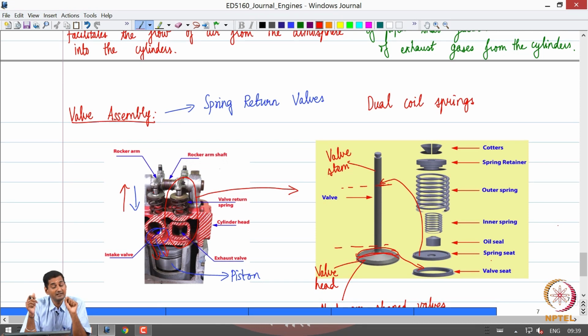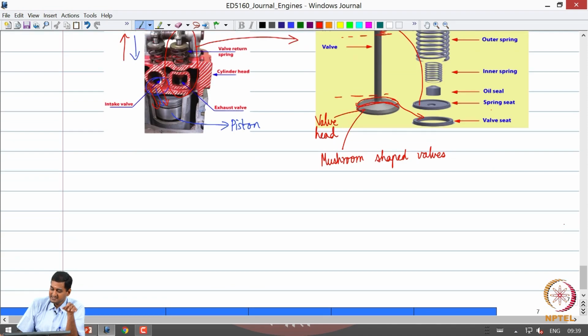Second point is that if you hold the coil spring between my two palms and press it, the displacement will not exactly be along this axis all the time. The spring may move a little bit on the surface. We do not want that, the offset vibrations or the lateral vibrations. So, in order to prevent that and hold the spring in its position, we use the spring seat and spring retainer. Those are the main functions of the spring seats and spring retainers.